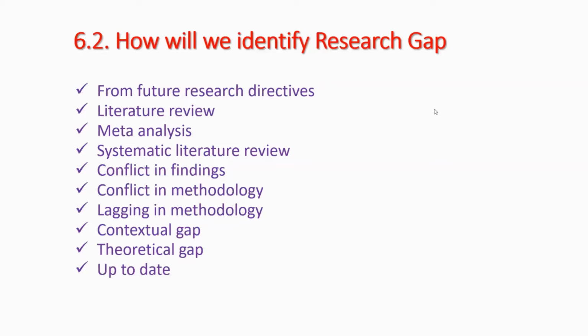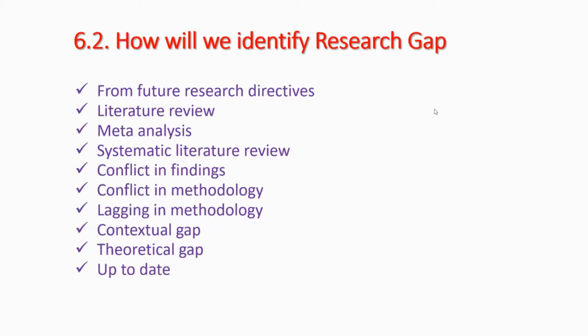Second is literature review, systematic literature review. You can get it from there. Meta-analysis. I shall explain. If I synthesize, in a systematic way, all the literature in quantitative studies when we review the literature, that is called meta-analysis. So it is a systematic way to analyze the existing literature for quantitative information, that is called meta-analysis.